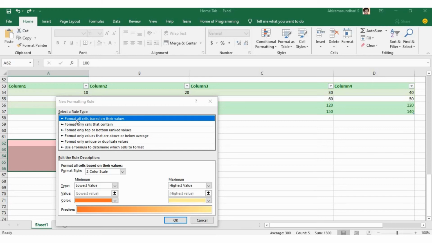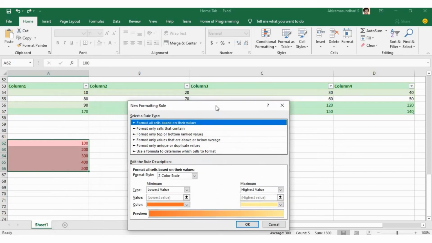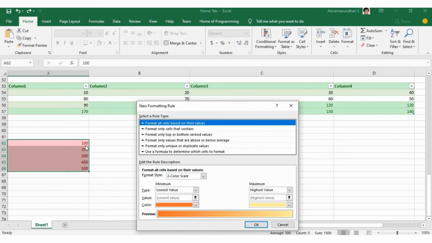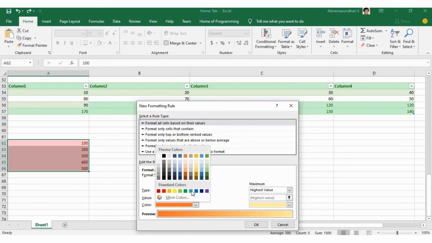The first option is format all cells based on their values, right? So here it will highlight the lowest value to the highest value, right? For example, we have selected the data which contain values 100, 200, 300, 400 and 500, right? So we are going to add a new rule for this. If we want to change the color, we can change, right?